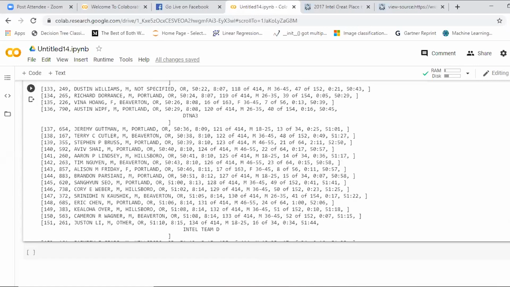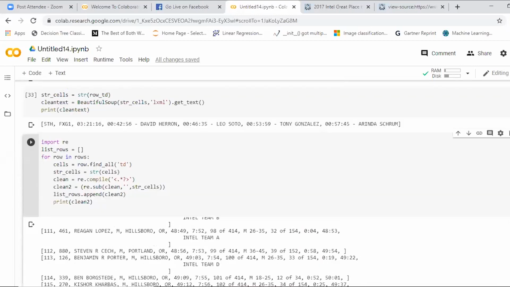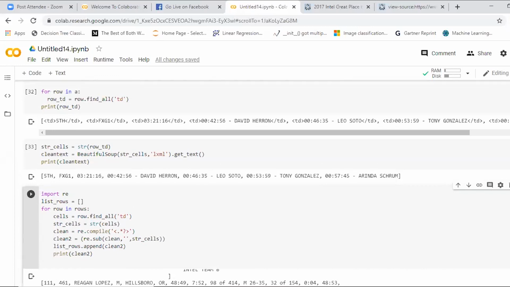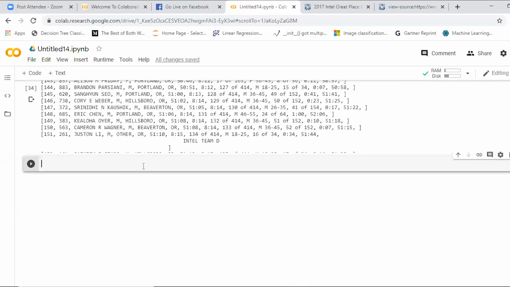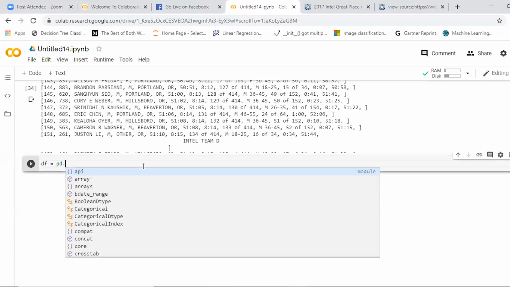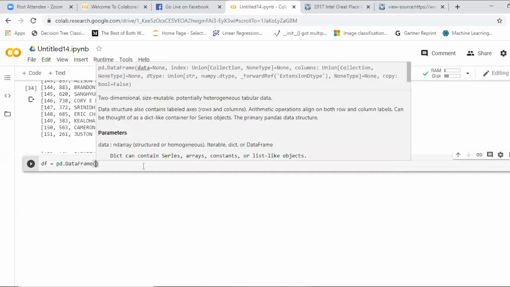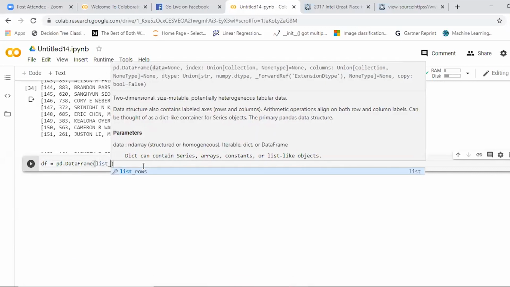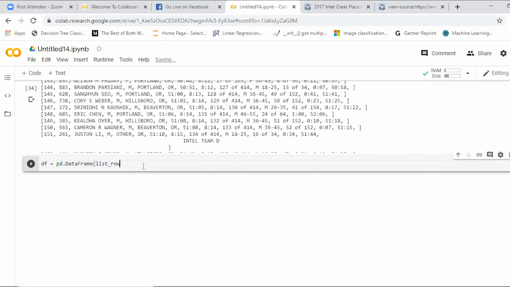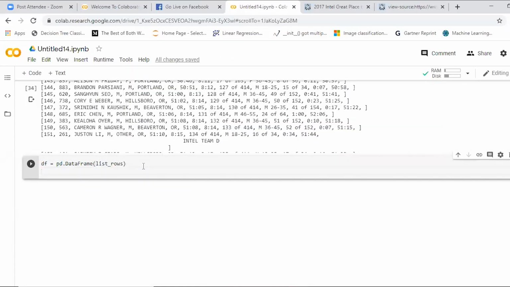Now we convert this thing into rows. If 'rows is not defined' appears, that means you can check it at the top. For each row in rows, whatever you defined at the top, you need to continue the same thing. Then we'll convert this into a data frame. You can give any name. pandas is renamed as pd. You can go for DataFrame. What is your input over there? The list. We are converting that list into a data frame.